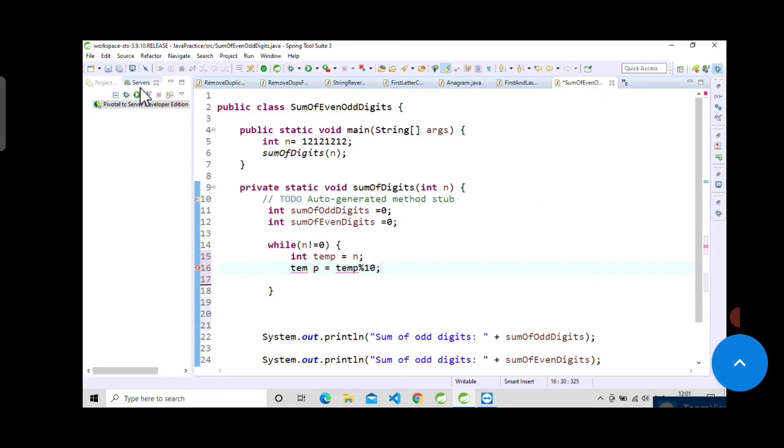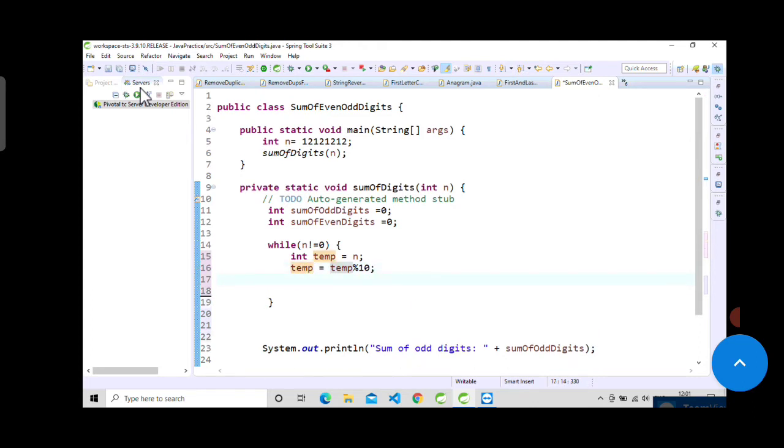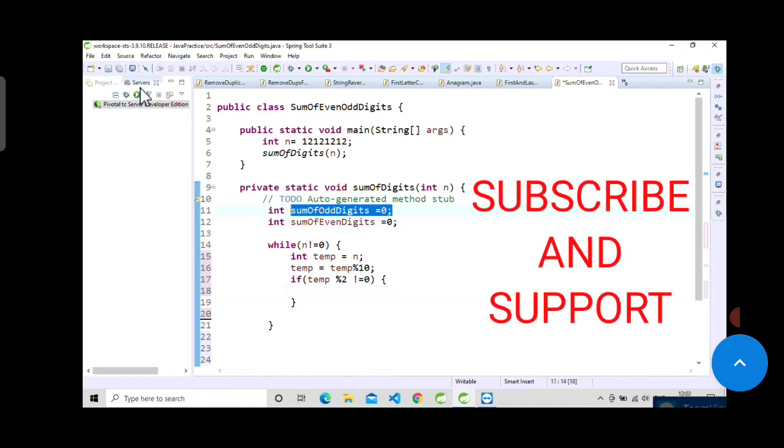I will explain why we are writing this once we write the whole logic. Now we check if temp % 2 is not equal to 0, then this is our odd case. So we will sum up this temp value in the sum of odd digit variable.